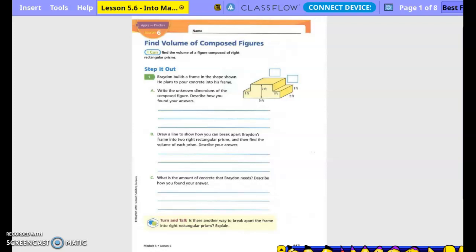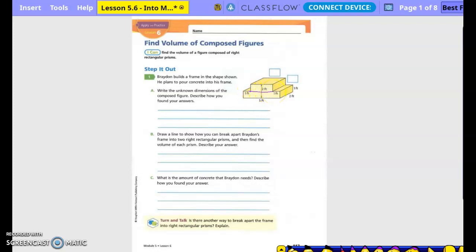Braden builds a frame in the shape shown. He plans to pour concrete into his frame. Write the known dimensions of the composed figure. Describe how you found your answer. Okay, so we have to break them into 2 rectangular prisms, right? Okay, so if I would break it right here,